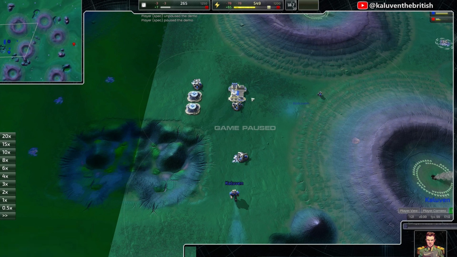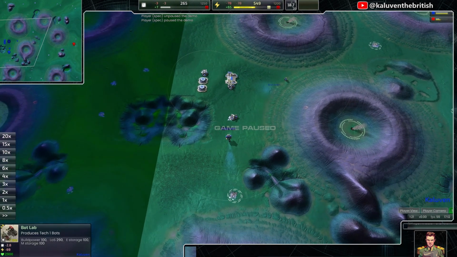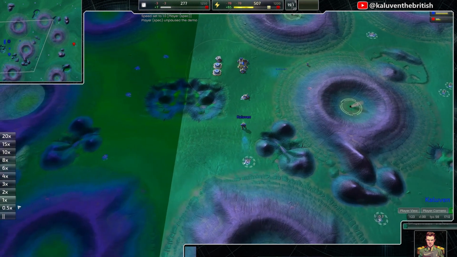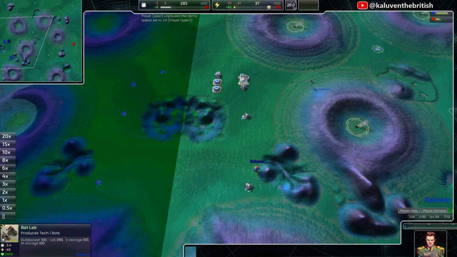The best way of avoiding this problem is to have enough constructors on the field to use those resources to create something that you need. It's worth remembering that not every unit and building requires the same ratio of metal to energy. This is obvious with some things. Solar collectors require no energy, and energy converters require no metal,